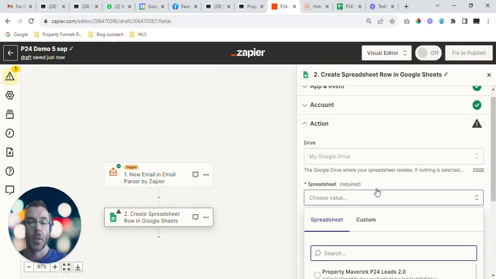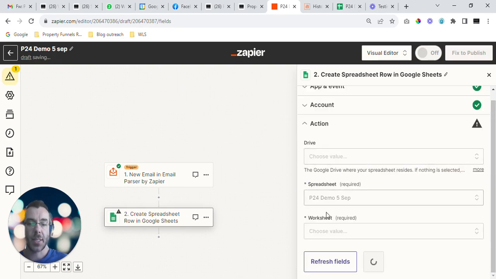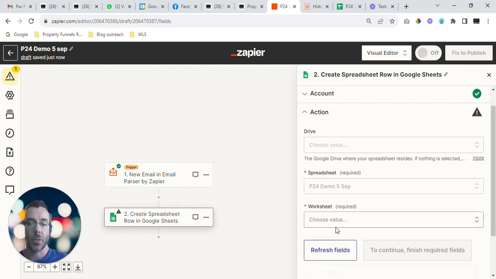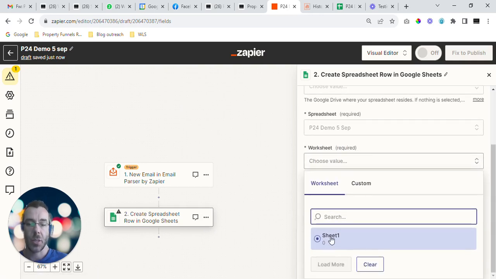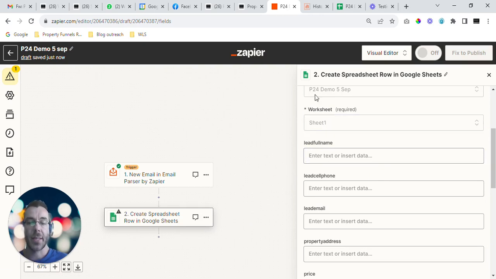So when I test this just now, you're going to see how the data automatically pre-fills in those spaces in real time. So what I'm going to do is choose the P24 5 September. So that's the sheet. And because if you look here, it's on Sheet 1. Sometimes you've got more than one sheet at the bottom here, but this is Sheet 1. So that's the one I want to send it into. So worksheet, Sheet 1. And then you're going to say, okay, what data should go to these sheet